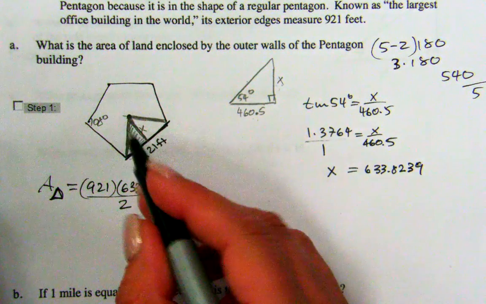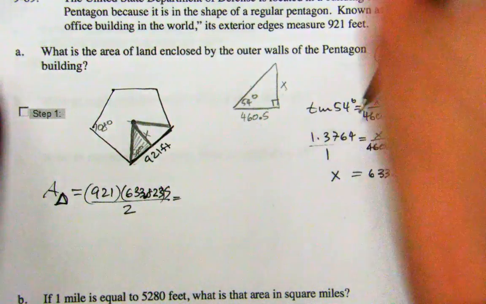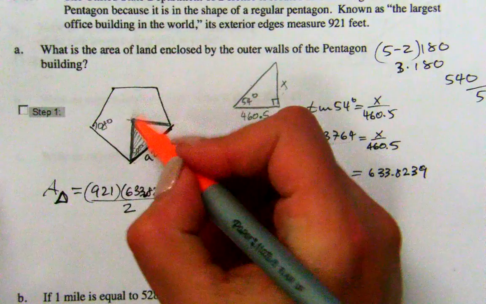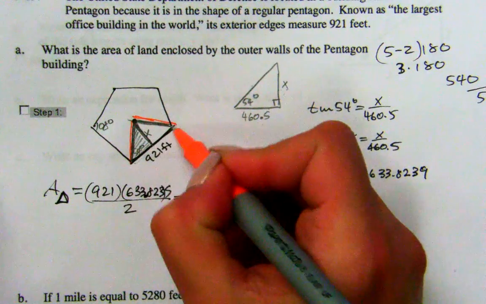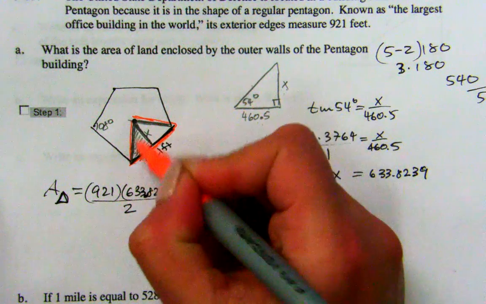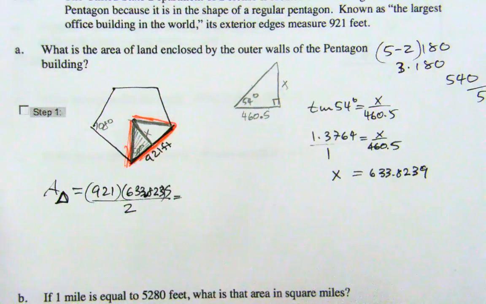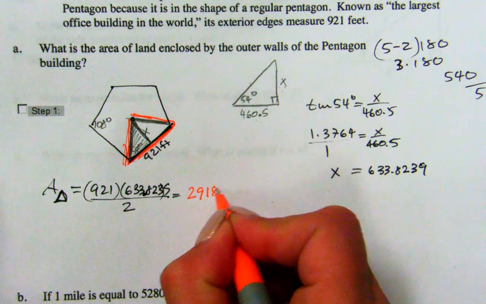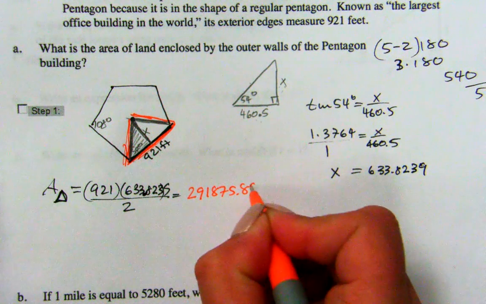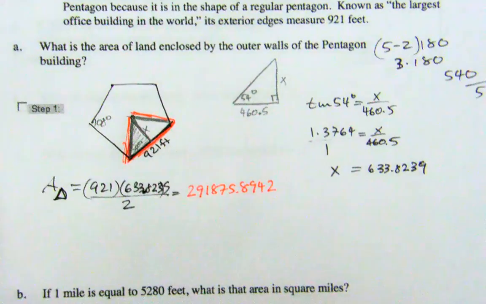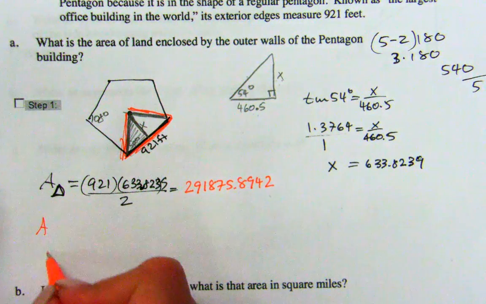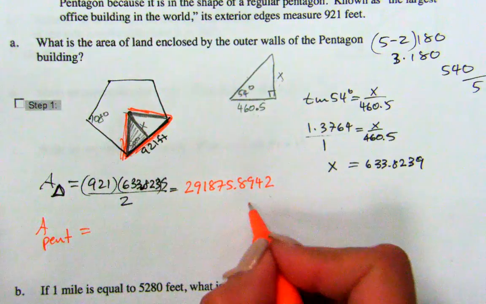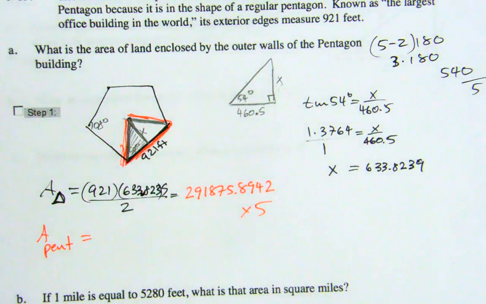So the area of this triangle, and by this triangle I mean the triangle that I'm about to highlight in orange, right here, is going to be equal to 291875.8942. And then the area of the pentagon, which is really 5 of these, just multiply by 5, is going to be